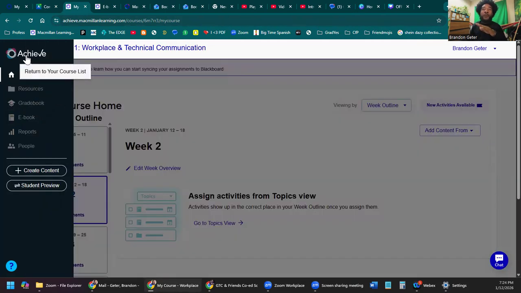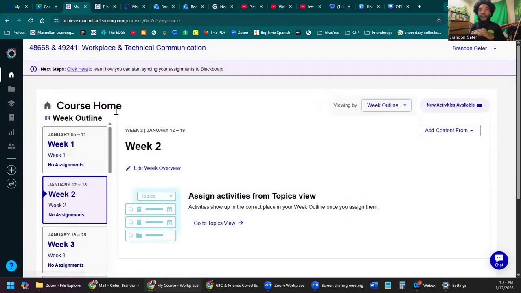All right, so you will need to have the textbook for the course. The best way to do it is you have to purchase the textbook. You can get it from the bookstore. You purchase the textbook from the bookstore. It'll come with a code, and you can use that code to sign in to register for Macmillan Achieve. The Macmillan Achieve course right here